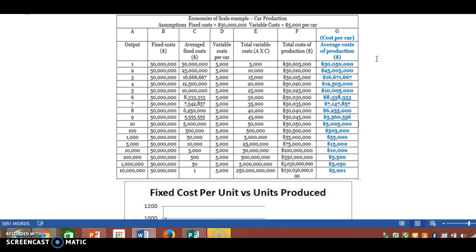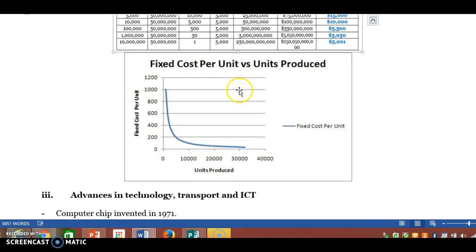But the more that they produce, once they start producing 10 cars, the cost per unit is only just over $5 million, and then once they're producing 5,000 cars, they've got their cost down to $15,000 per unit per car. So by spreading their fixed costs, they're able to lower their cost per unit of output. And by the time they're making 50 million cars, it's only costing them $5,001 per unit of output. So that's what economies of scale is. It's about spreading fixed costs over a greater level of output. And as you can see here, the more units we produce, the cheaper it costs us to produce, and therefore we take advantage because we can sell them at a cheaper price because they're being produced at a lower price. I'll talk about the next two in the next